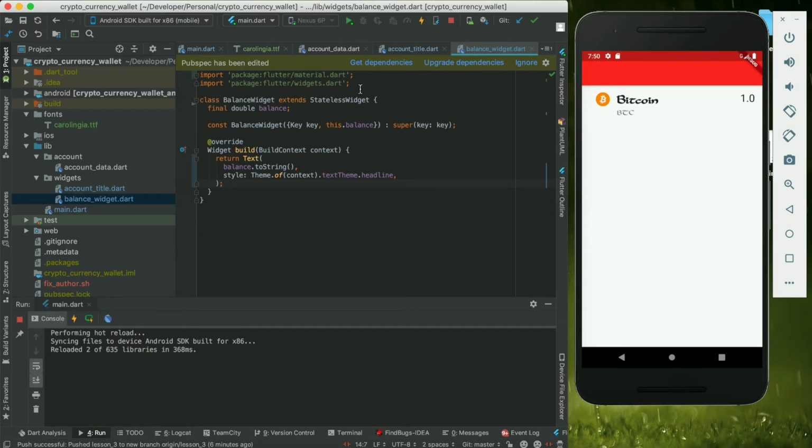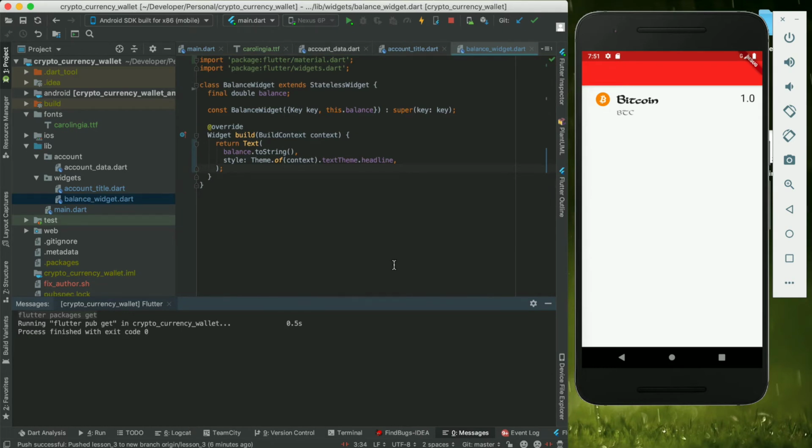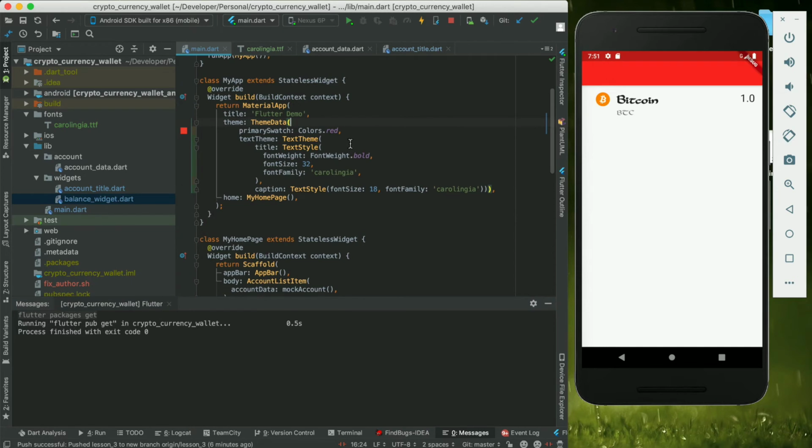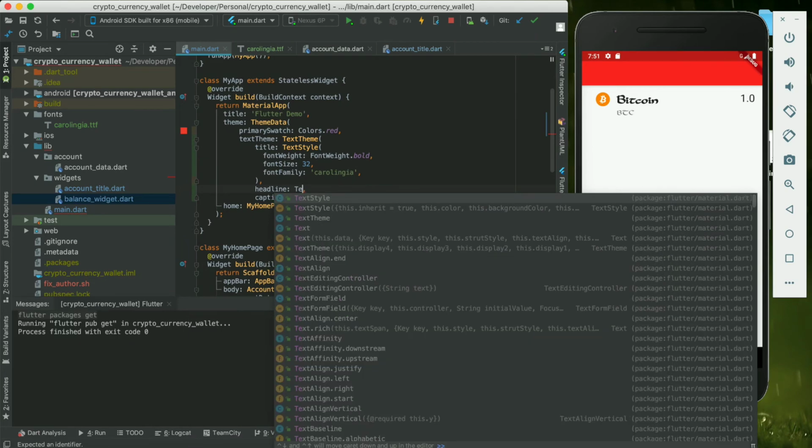So obviously part of the downside of doing this is that we can have it a little bit too restricted. So if I change this text style, then everything else will update, which can be a blessing and a curse. If you want to suddenly change all of your text styles to be one different font family, and you've used Theme.of(context) everywhere, then they'll all update. But obviously that means that some things might update that you didn't want, and you have to go back and change those. So if I change headline to also use